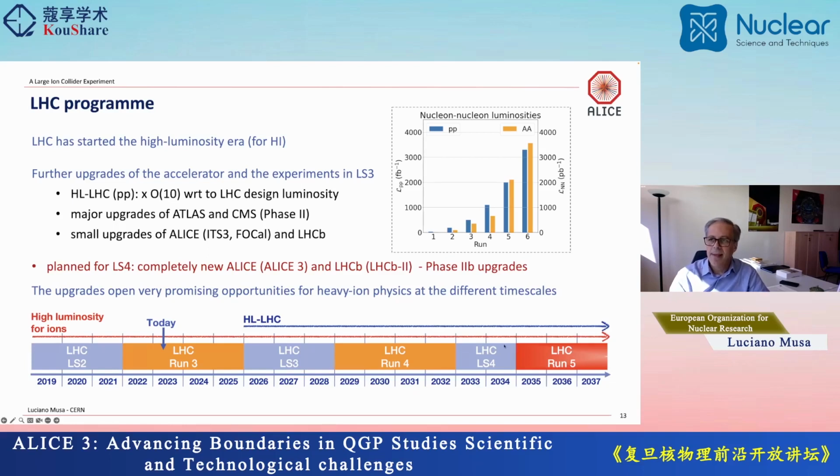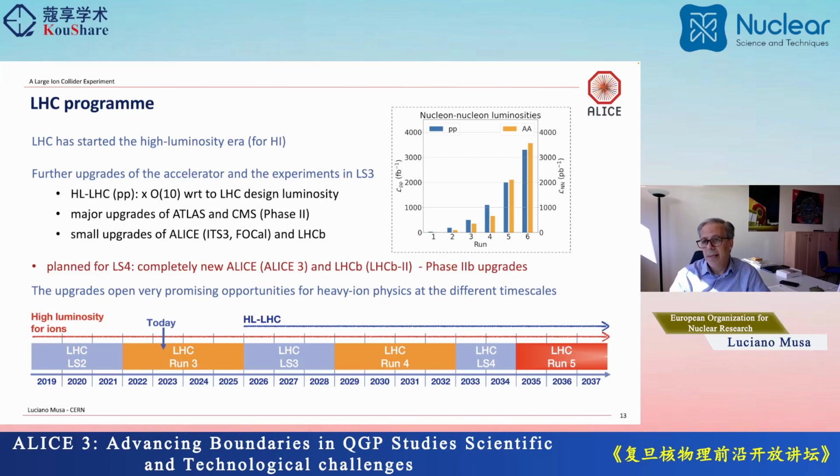ALICE has been running for 10 years. So we went through the so-called Run 1 and Run 2. Run 2 was completed in 2018. Then, in the period of 2019 to 2021, we had a 3-year long shutdown of the LHC, and during that phase we had upgrades of the machine and of the experiment. We are now in the course of Run 3, which will be completed by 2025, followed again by a 3-year shutdown of the LHC